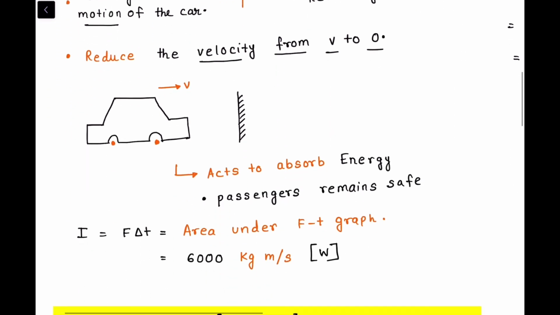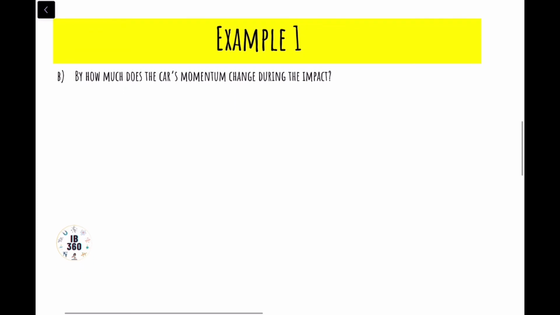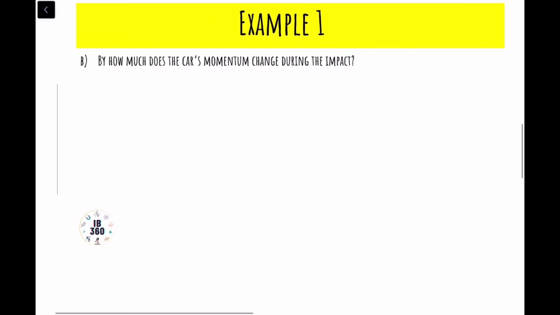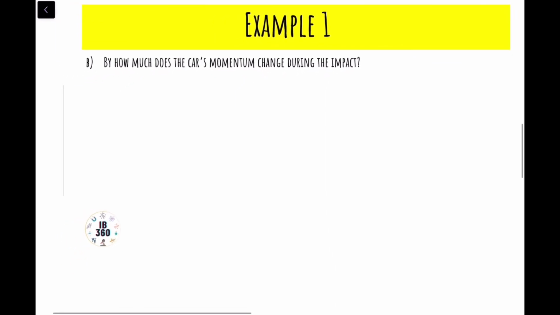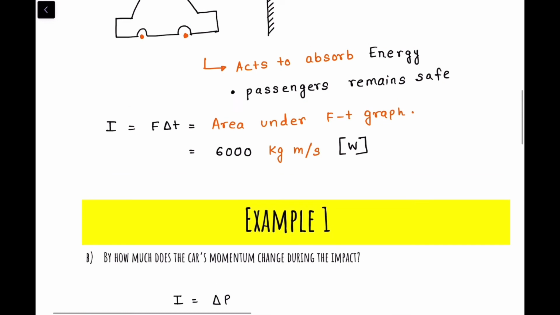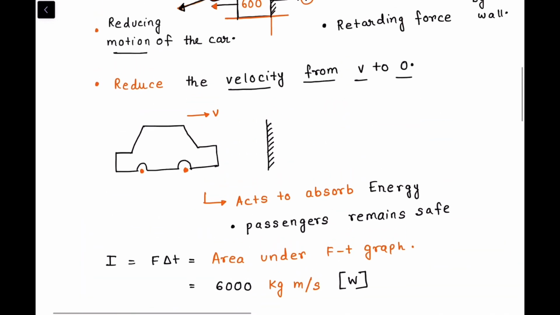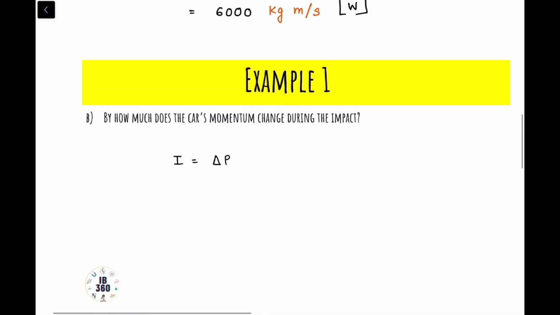Okay, now proceeding on to the same example, but the next part of the question. It says, how much does the car's momentum change during the impact? So we got the impulse. Impulse is that change in momentum. So the impulse acting on the car will reduce the motion of the car. So that means